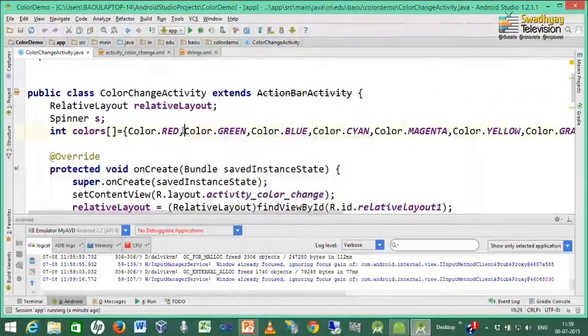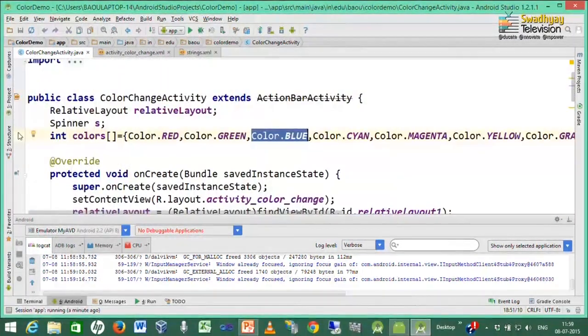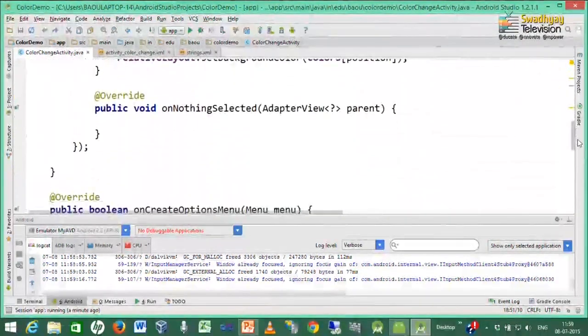So, suppose 1 is the position, then color green is selected, 2 is the position, then color blue is selected. So, that is why these integer colors must be in the same order which is provided in the color names.